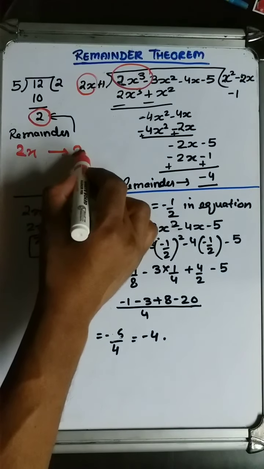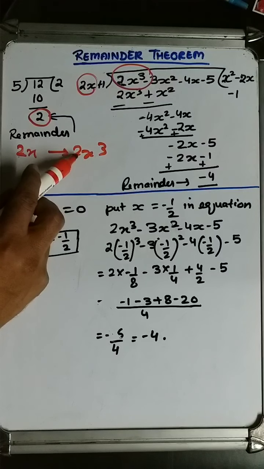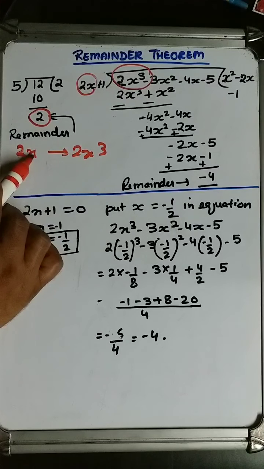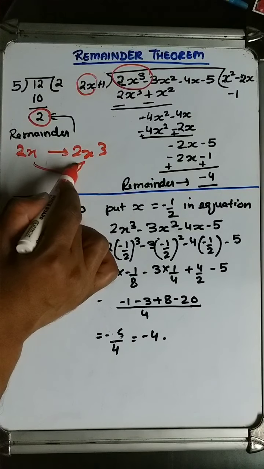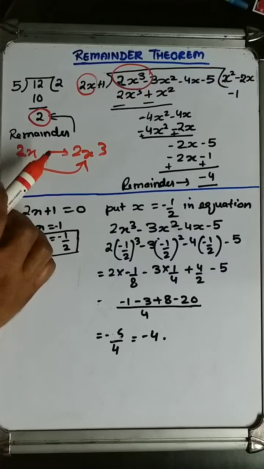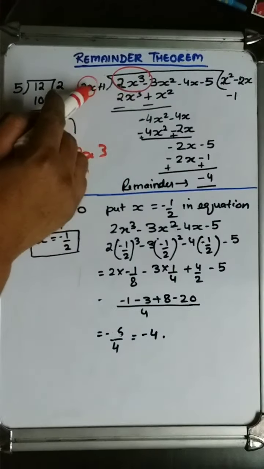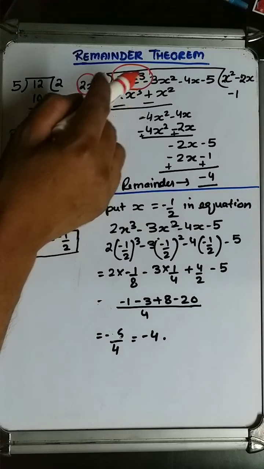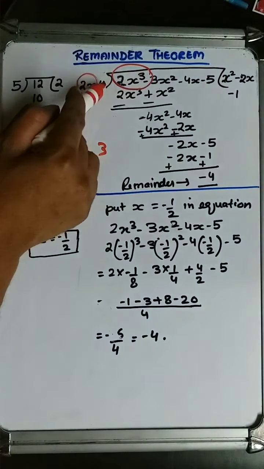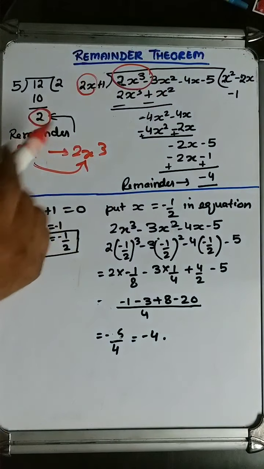here 2x cube. So this should be multiplied by, here we have 2, we have 2, so no numerical value should be multiplied. Here we have x, this should be made x cube, so we have to multiply it by x square to make it x cube. So x square is the quotient now. Multiplying x square by 2x gives 2x cube. If we multiply by the first term, we have to multiply by the second term also. So x square into 1 is x square.